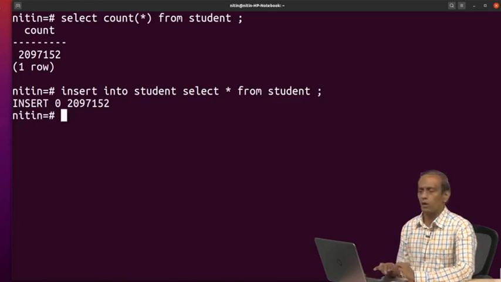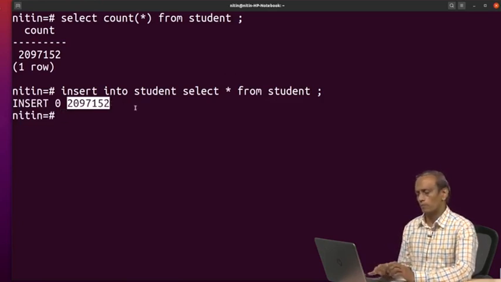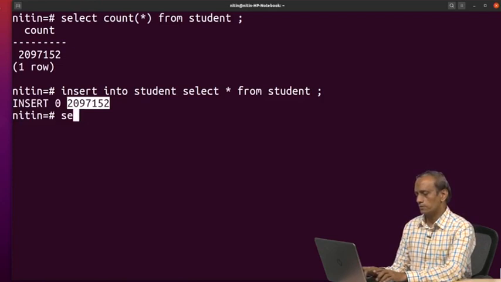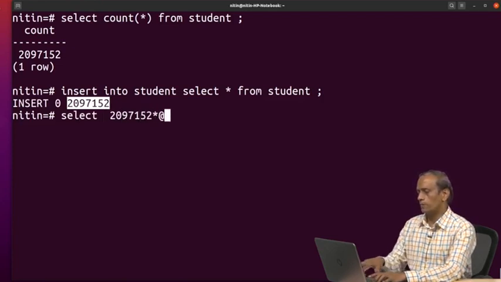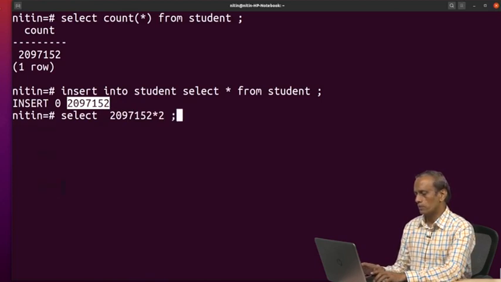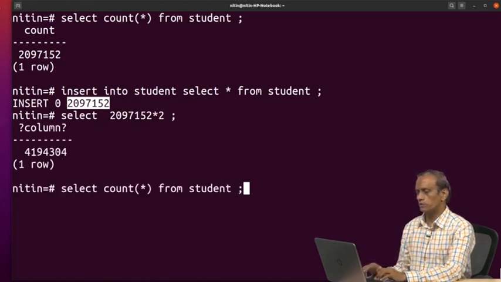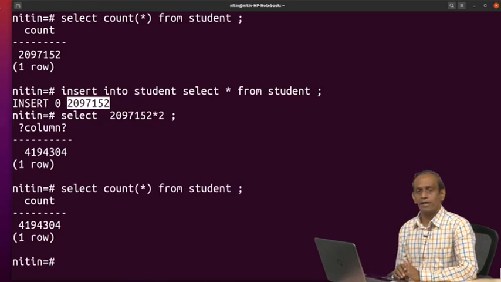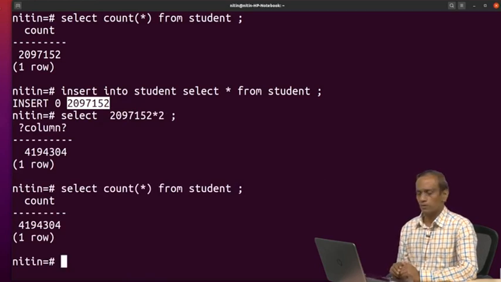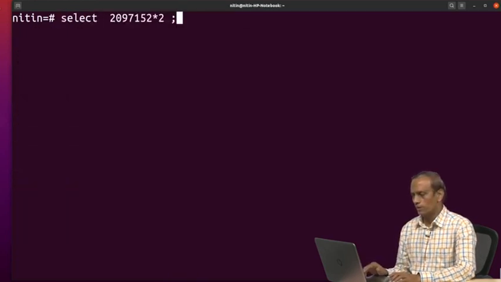So, now it is double of this number. So, number of records are double to this, 2097152 multiplied by 2. So, number of records would be 4194304. So, for this, even now if I try to talk about the size aspect, number of pages would be